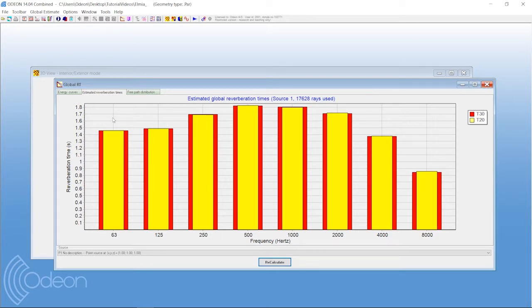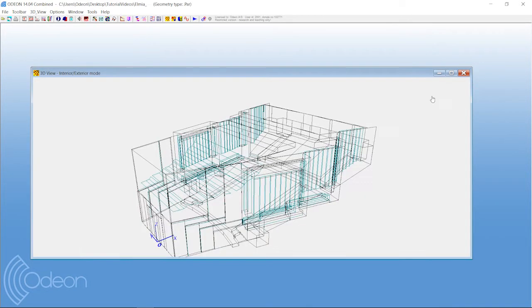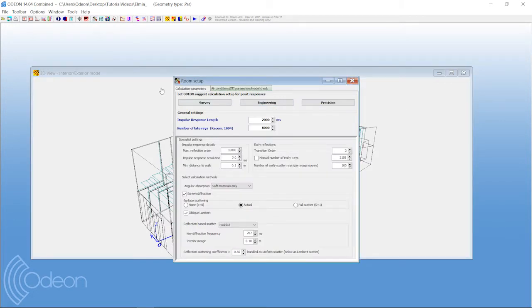I would set it around the reverberation time, but actually it can be a bit lower. So the impulse response length is really important to always set. Often when people cannot get the results they want, or they get blanks or stars, it's because the impulse response length is simply too short.